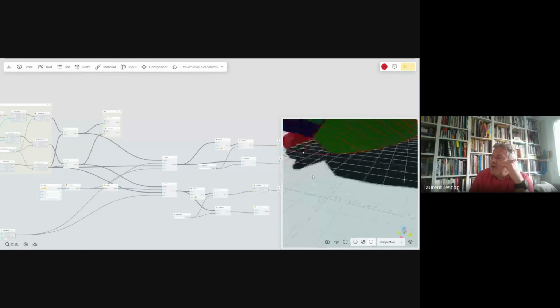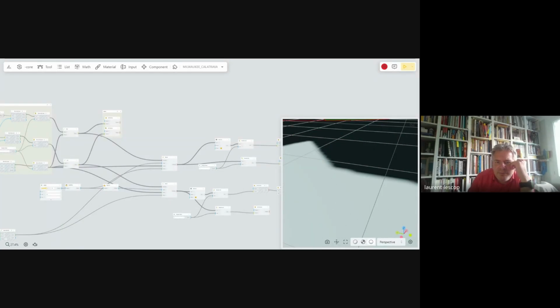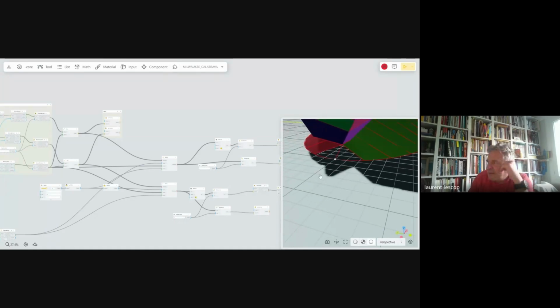So not to have this common point here, because I don't know if you see what I'm pointing at, but the only problem is that we have this common point here. If we can create two separate points in the process, it's not difficult, it's just a way of thinking, and then it will work.